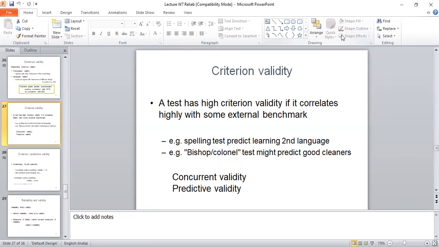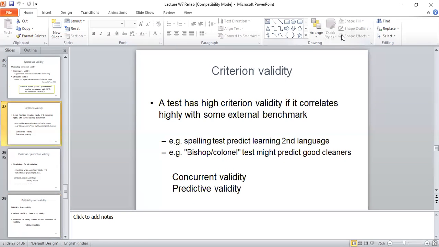And you see that if it is a test, for example IPAT, a depression test, it is correlated with some external criteria. By external criteria I mean some external test which is already valid, which is already in use, and which is very good.